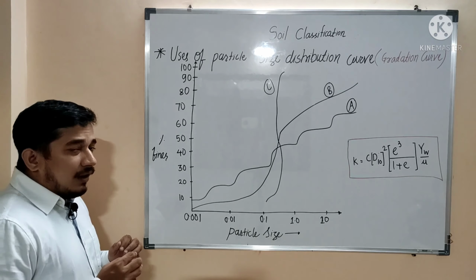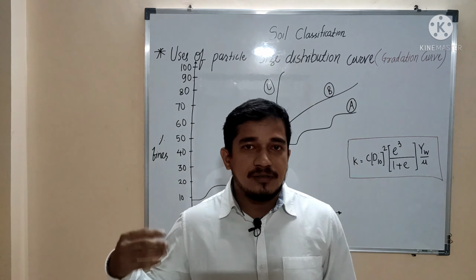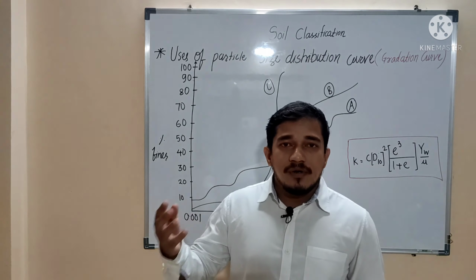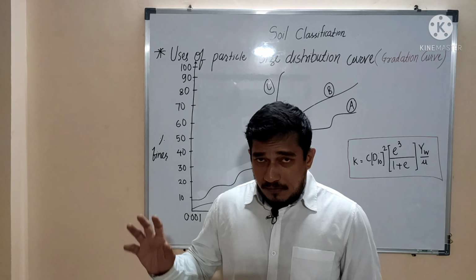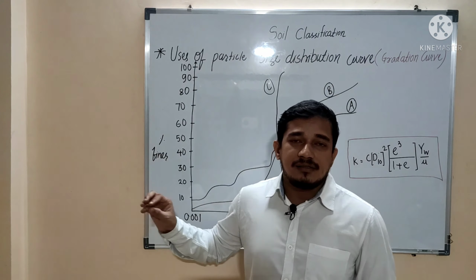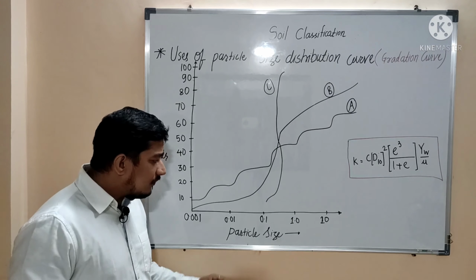As we know, the particle size is nothing but the index property of a coarse grain soil. We have studied what are the index properties. Okay, in case of a fine grain soil, Atterberg's limits and consistency, and in case of a coarse grain soil, particle size and relative density. These two are the index properties. Basically these are used for the classification of a soil, and this classified groups of the soil indicates somewhat engineering properties. Okay, so that's known to us.